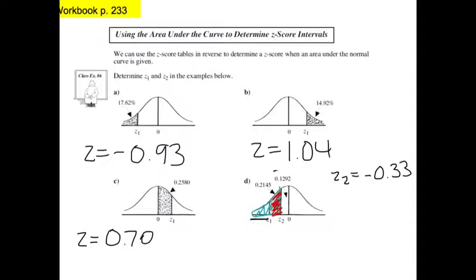Okay, so for the next part we're going to be looking for z1. What you're going to be doing is subtracting that shaded part, which I've shaded here in red, from the area that we found for z2, which was 0.3708, because that of course references everything to the left of it. So it's going to be 0.3708 minus that shaded part, which is 0.2145, and what that will give you is the area to the left of z1, which is going to be